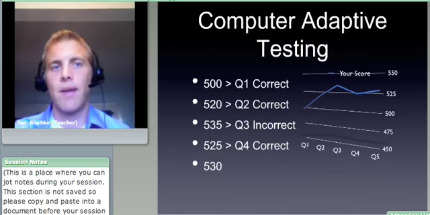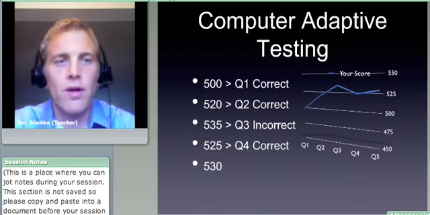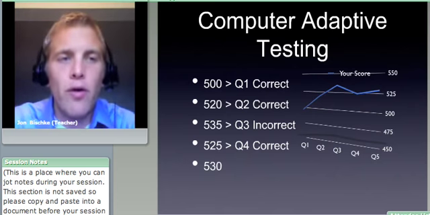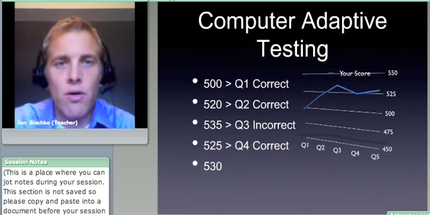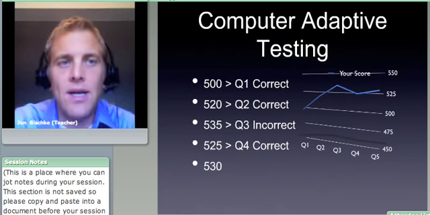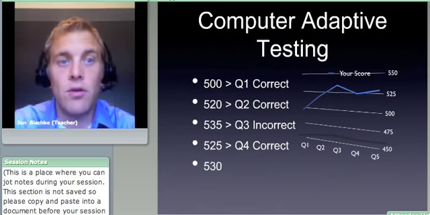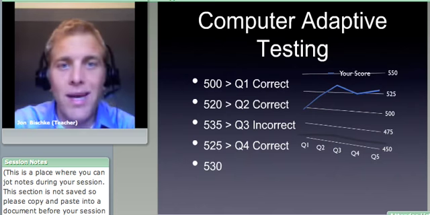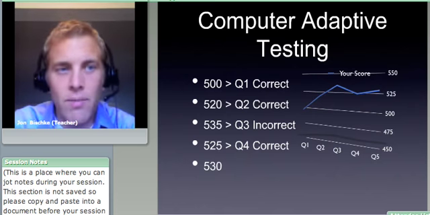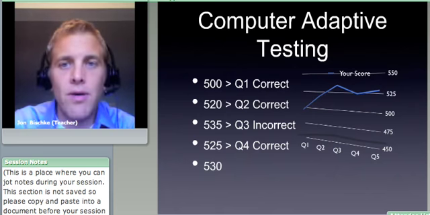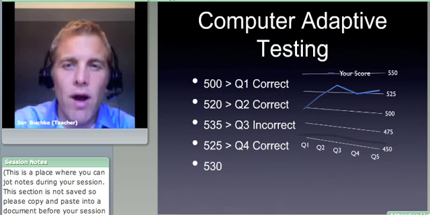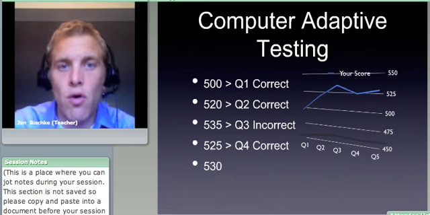So how does computer adaptive testing work? Well, when you start out for the exam, the computer, which is basically judging what your score is going to be, has no idea how good of a student you are. You could be a 200 level test taker, you could be an 800 level test taker. The computer doesn't know. So what the computer does is it tries relatively quickly to figure out roughly what the range is that you should score. So what it will